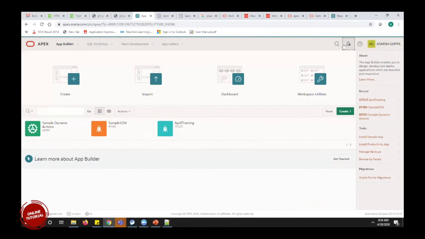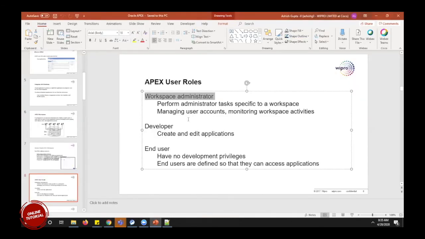We are having an admin role. Currently we are the administrator. For an administrator we will have all the roles. We can create an application, we can delete an application, we can delete the entire application itself, database itself, everything we can do through this.